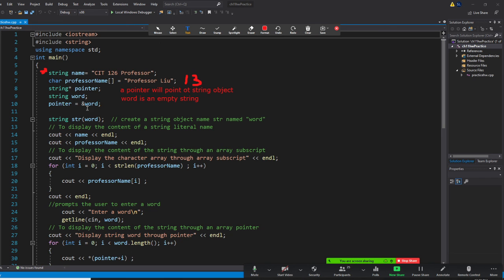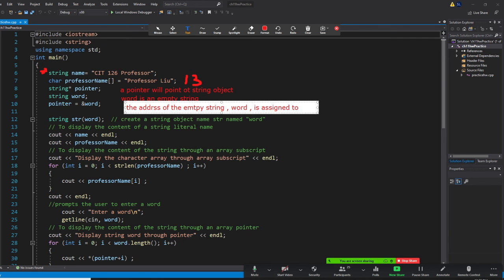And this means the address of the empty string named word is assigned to a pointer. All right, that means that